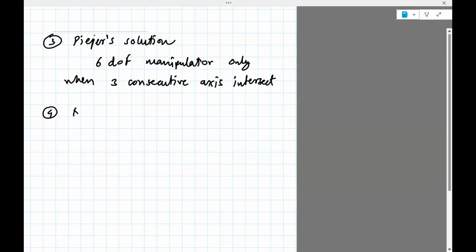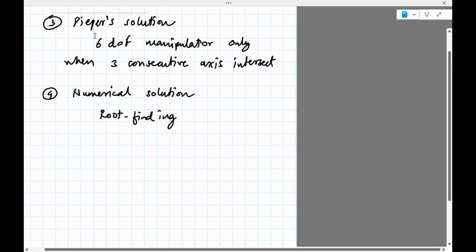This is going to be the bulk of what we're going to do: the numerical solution, which always works, provided there is a solution. This basically boils down to what is known as a root finding problem. I'll explain what root finding is, and then we'll get to how to extend this idea to a 3 degree of freedom planar one first, and then the